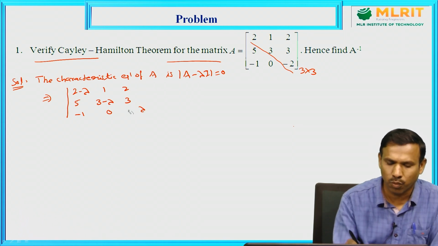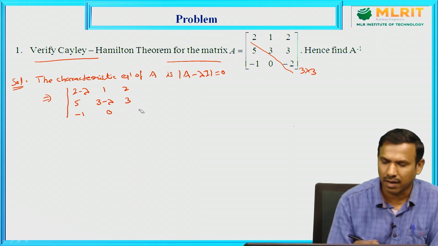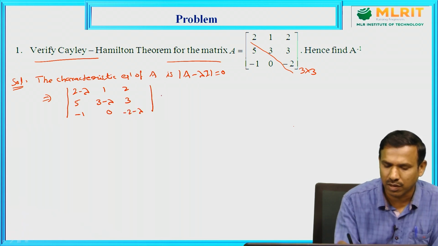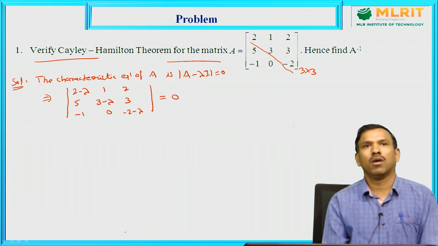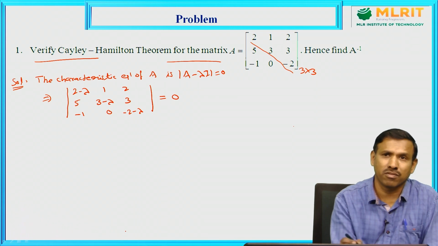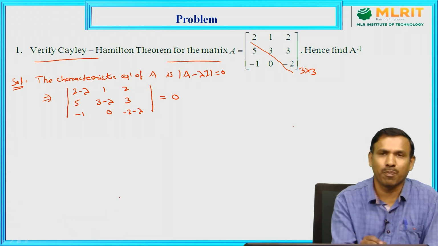We only subtract from the diagonal elements, and the determinant is equal to 0. This is the characteristic equation, and generally we can do this in two methods: expanding the determinant,